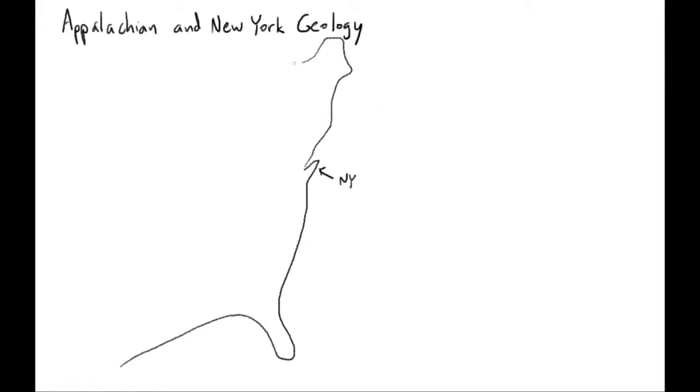And the Appalachian Mountains can be represented on here as a series of thrust faults. So we'll put teeth on these. And that belt of deformation extends for quite a ways, where it